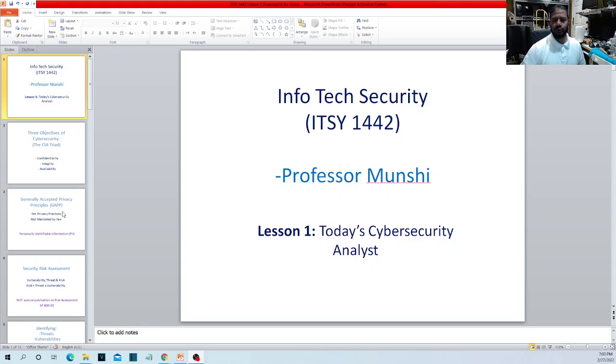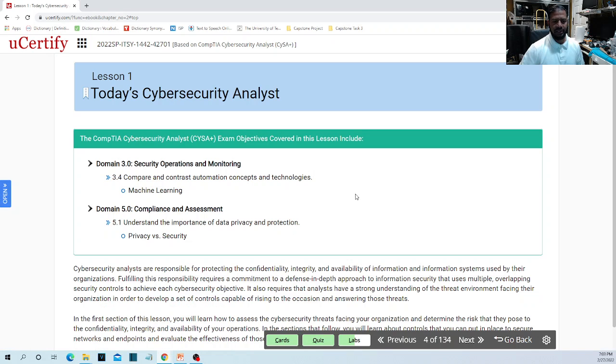I'm going to use my PowerPoints and of course my verbal explanation, and I'm going to visit frequently your actual courseware in UCertify. So today, as I mentioned, we are discussing chapter 1, today's cybersecurity analyst. My reason for coming to the courseware and showing you the pages is that way, as I explain, you will also be familiar with your courseware. And after you watch my video, it will be easier on you to study and learn from the courseware. So let's get started.